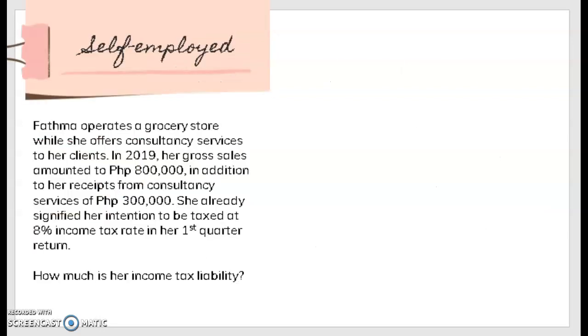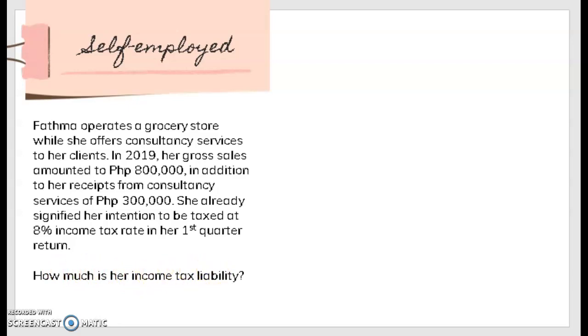So, sample problem for self-employed. So here, Fatma operates a grocery store while she offers consultancy services to her clients. In 2019, her gross sales amounted to 800,000, in addition to her receipts from consultancy services of 300,000. She already signified her intention to be taxed at 8% income tax rate in her first quarter return. Question: how much is her income tax